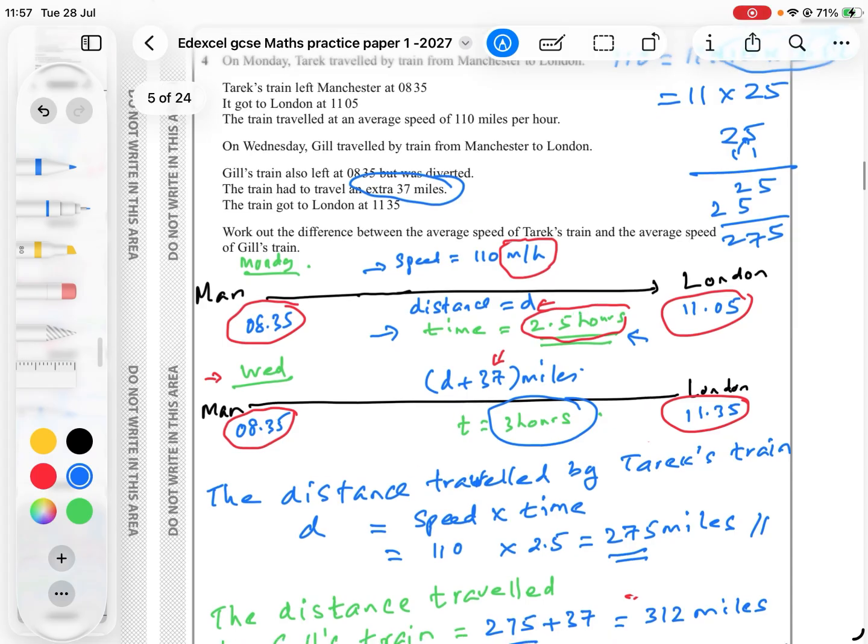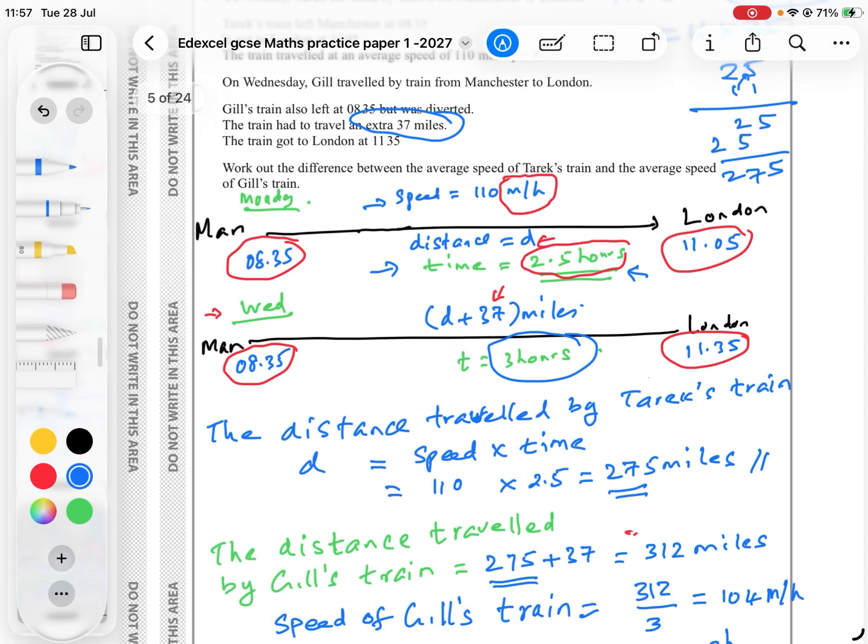You need to add the distance travelled by Tariq's train, 275, plus the extra 37 miles, for the distance travelled by Gill's train. So if you add 275 plus 37, again,